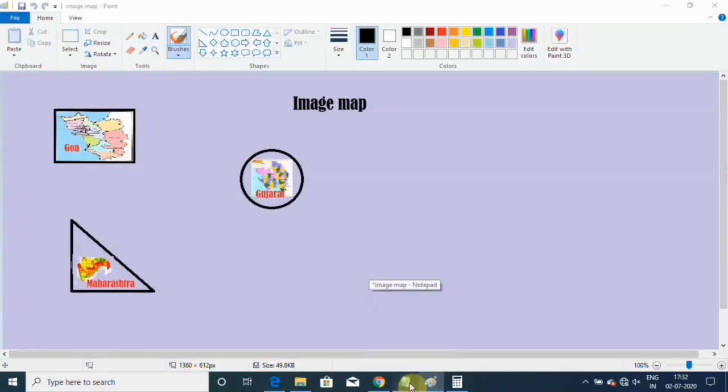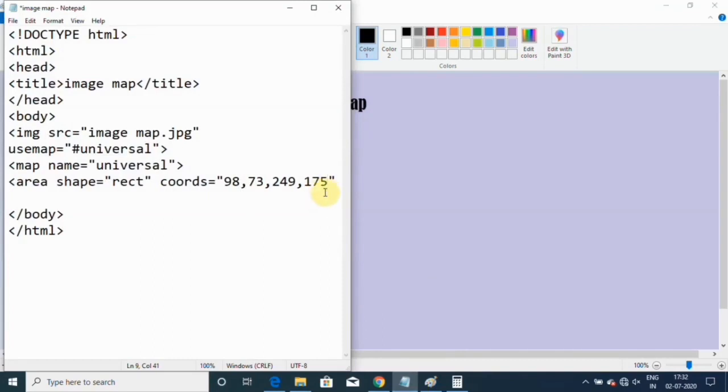Okay, after the coordinates you have to use the href attribute. Once the area becomes clickable, then what has to open once you click on that? So save this program and check whether that area becomes clickable or not.